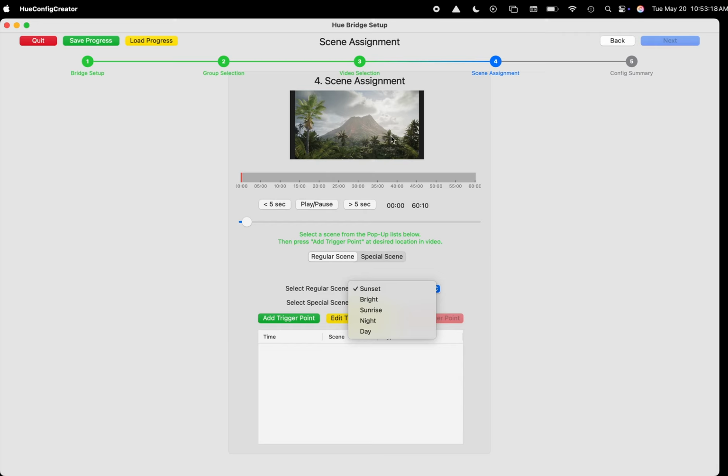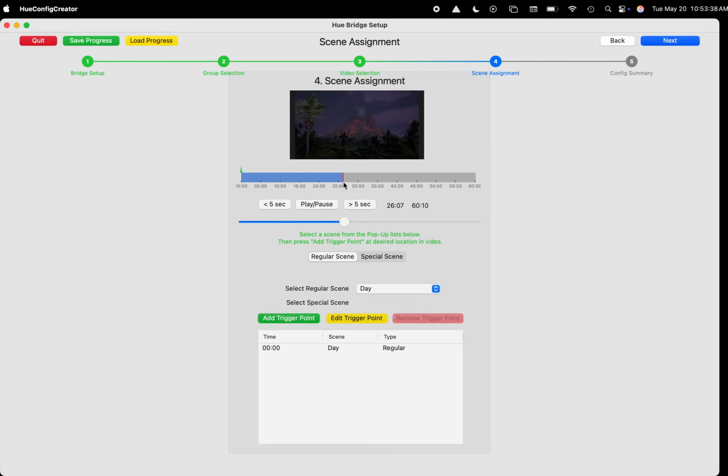But since we're going to start the video in daytime, I'm going to select day. I'm going to say add trigger point, and it'll basically add the day scene at the very beginning. So now I'm just going to scrub through the video. The next scene that you would normally have would be sunset, right? Because you can see the sun is setting, and then we go to night. But what will happen if you just pick sunset, say here, which we can do,